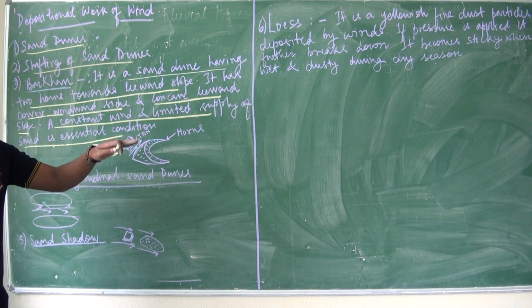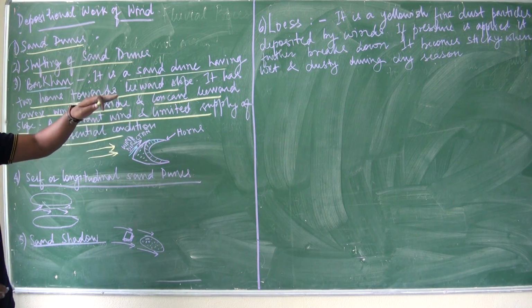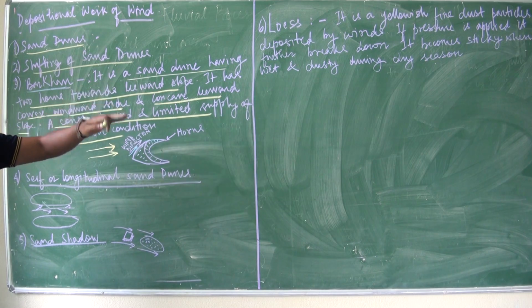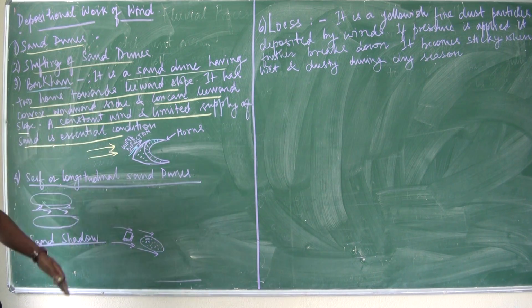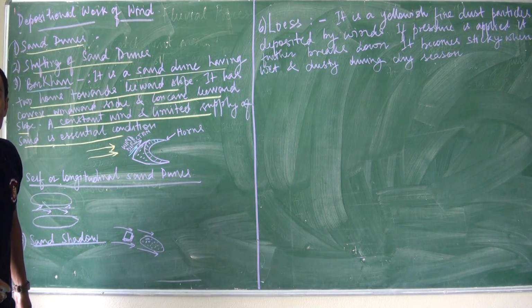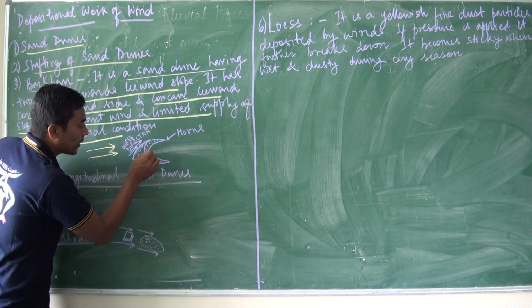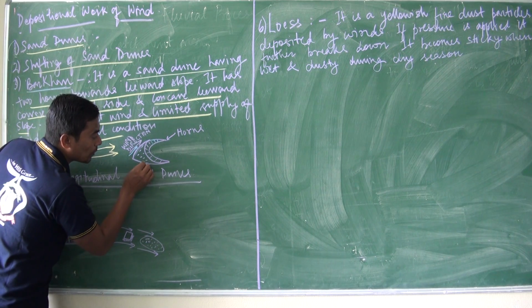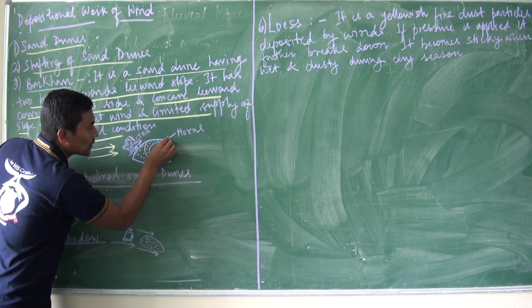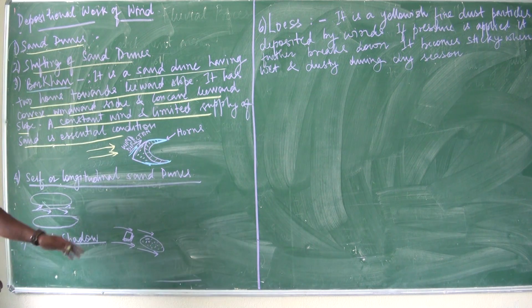As the deposition keeps on increasing, the height of the sand dune also keeps on increasing. So the leeward side becomes steeper and steeper, and finally it results in the birth of two horns on both sides,